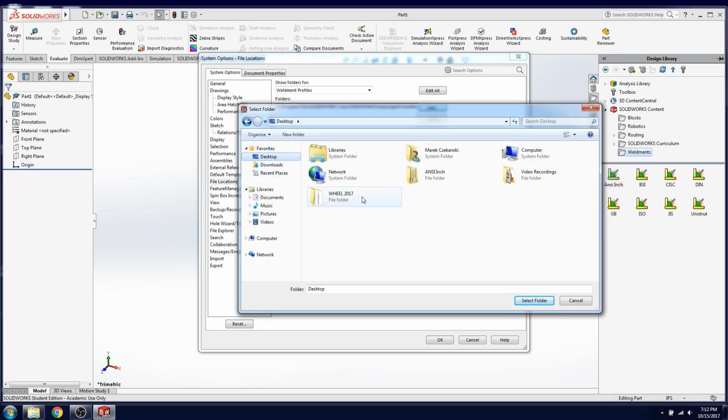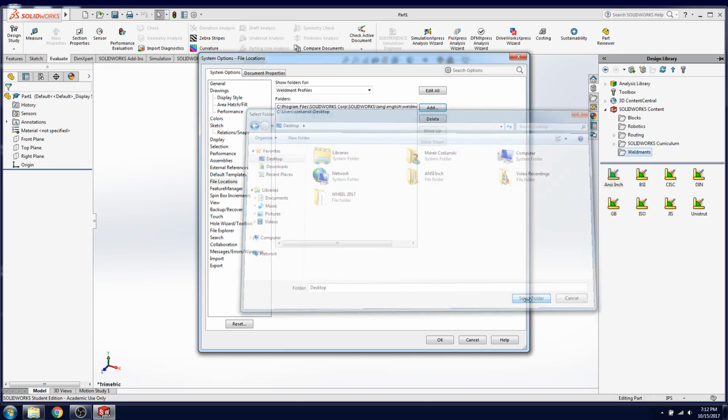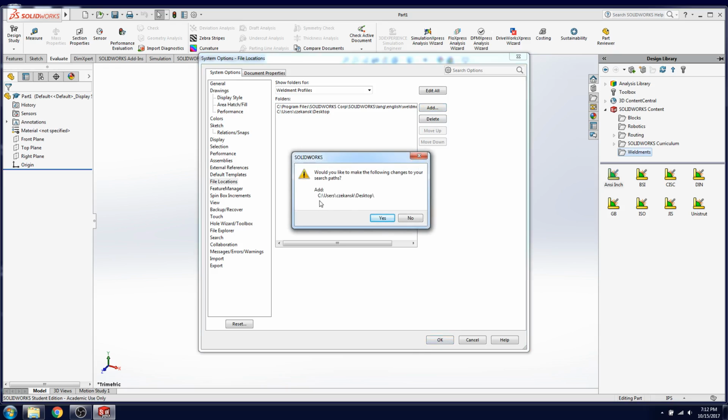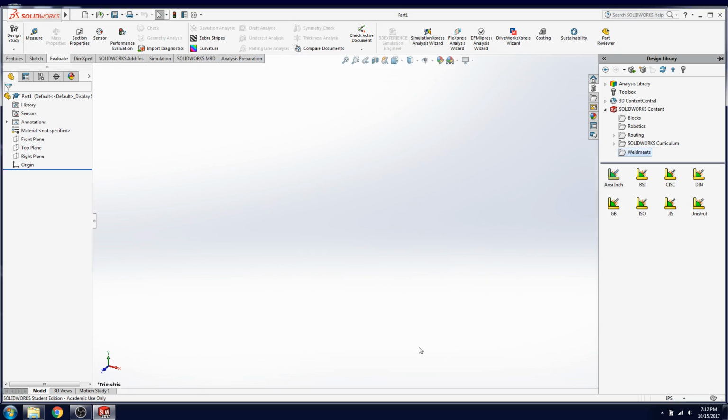This is where we have this file. The common mistake is to add this directory, and that creates a problem. By the way, this way it was done few generations ago, or maybe 3 years ago. We were clicking this file, but this time we go just to desktop. We select this, and now anything that is on the bottom of this list is active. But when we click OK, the system will double check that this is what we wanted. I click OK, yes, and this time we have it done